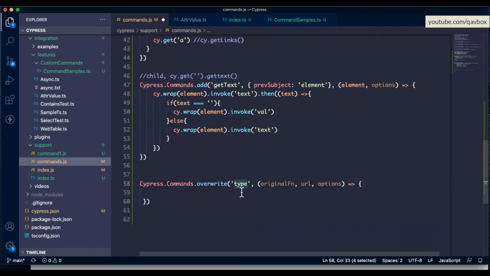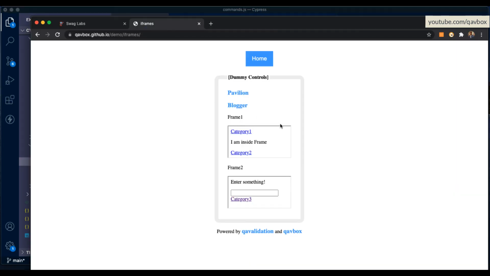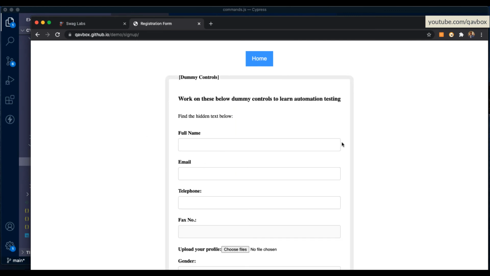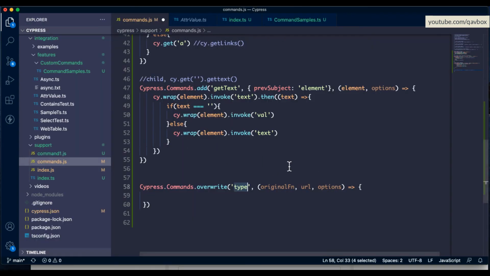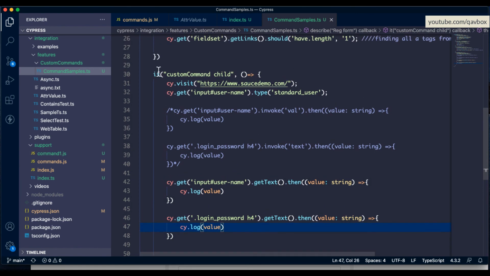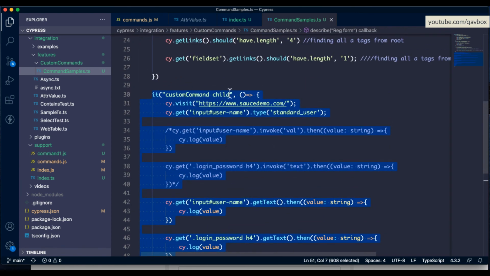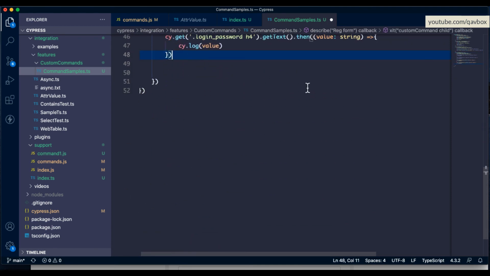So type. Now why I'm taking this one, let me show you that. If I go to the sign off form here, you can see I will be adding something actually here. Okay, now let's say that I'm adding QAB box. First time let me show you what the problem is. Let me just keep it like this, and let's create another it block. Here let's make it skip so that it won't run every time,